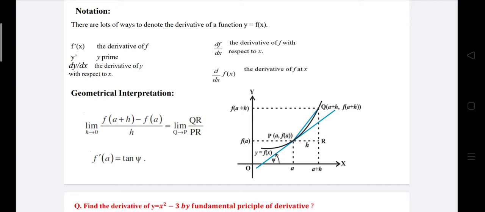Okay, then you must have a doubt: how does that h tend to 0, and why does h tend to 0? See, h tends to 0 means h is the change, a small change. H tends to 0 means that the change will be very small. If you are going to calculate the derivative at a point a, that means the changes will be a plus 0.0001 and a minus 0.001.